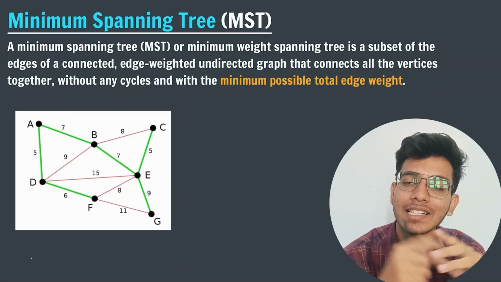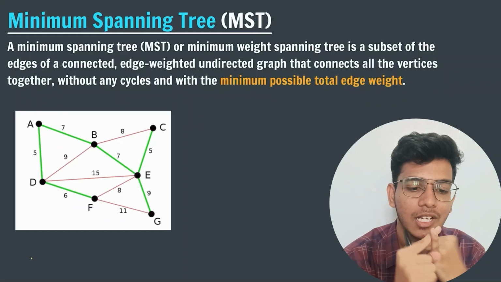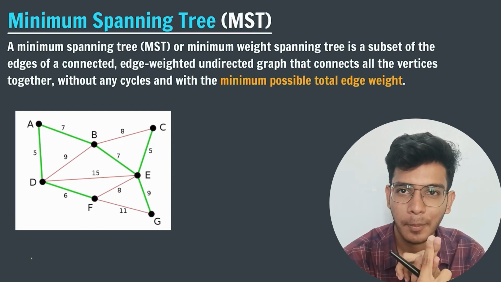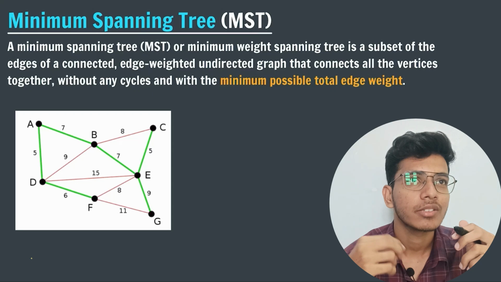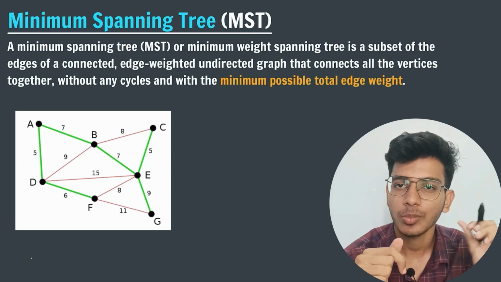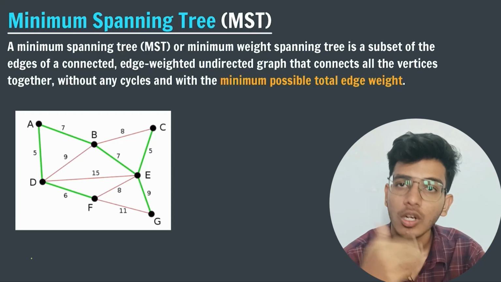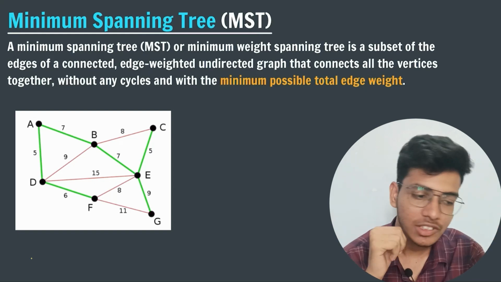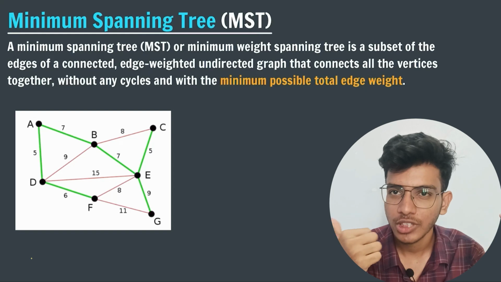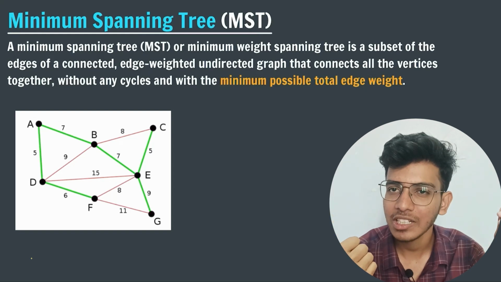Hello everyone. In the previous session we have seen what is Dijkstra's algorithm, Bellman-Ford algorithm and why we use it. We use those two algorithms to calculate the shortest distance from a given source node to all the corresponding vertices, right? And in this session we are going to talk about a concept called minimum spanning tree, which is